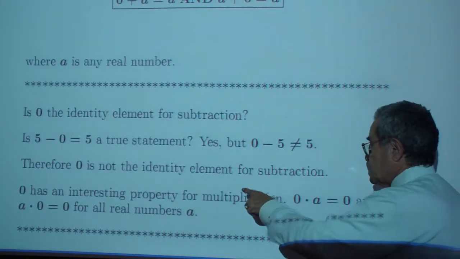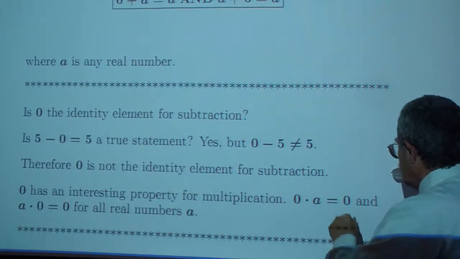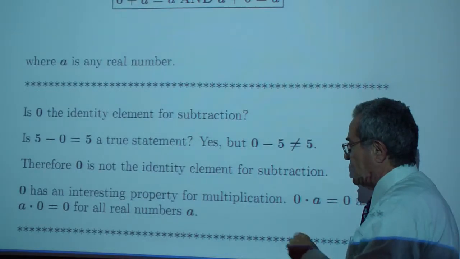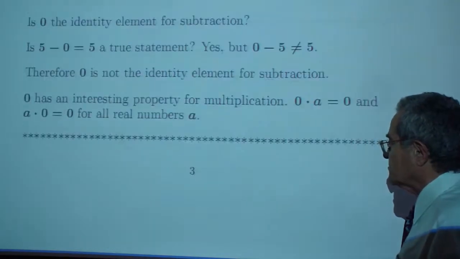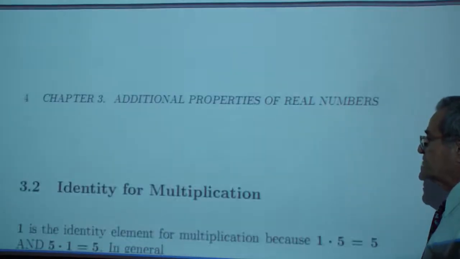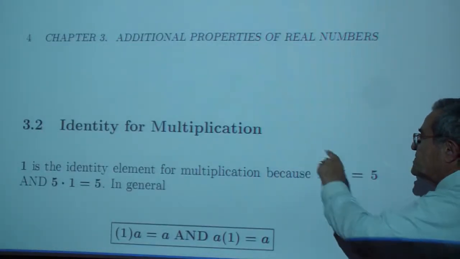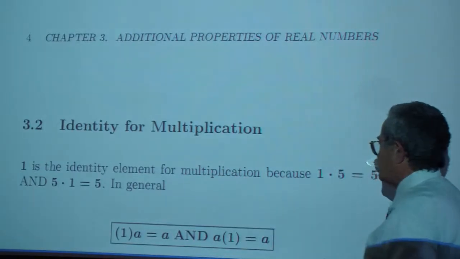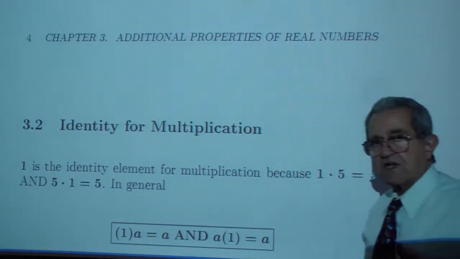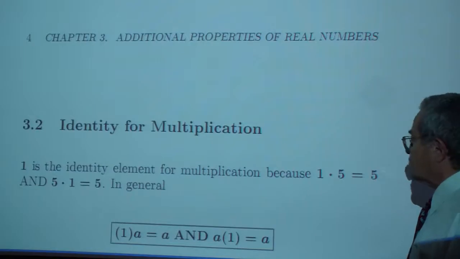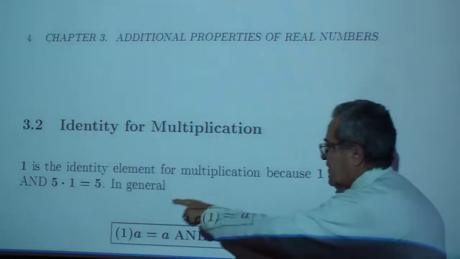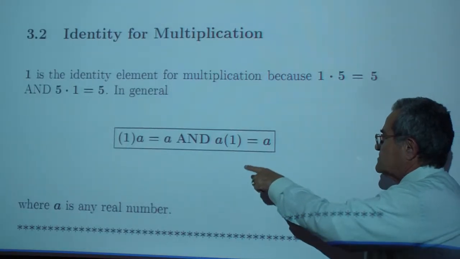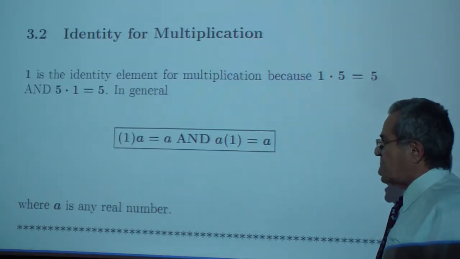0 has an interesting property for multiplication. 0 times a is 0, and a times 0 is 0 for any real number a. Then, the identity for multiplication. 1 is the identity element for multiplication because 1 times 5 is equal to 5 and 5 times 1 is also 5. So in general, 1 times a is a and a times 1 is a, where a is any